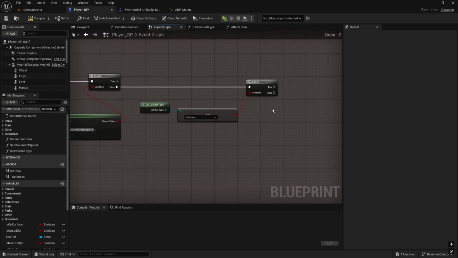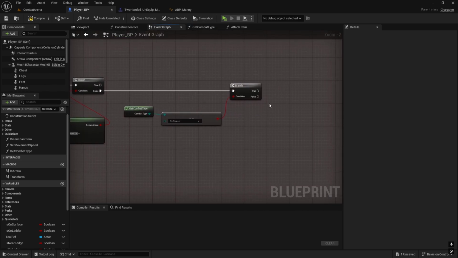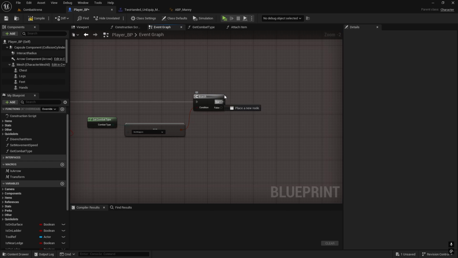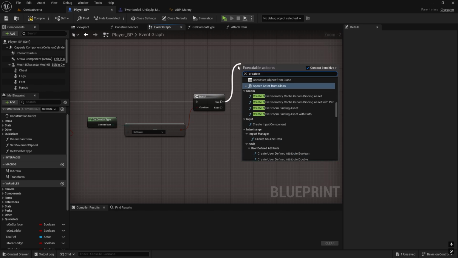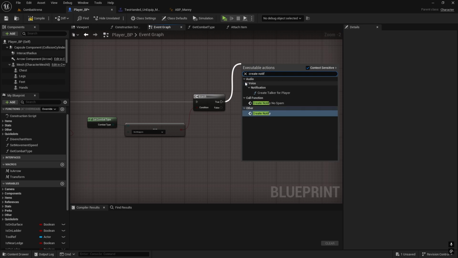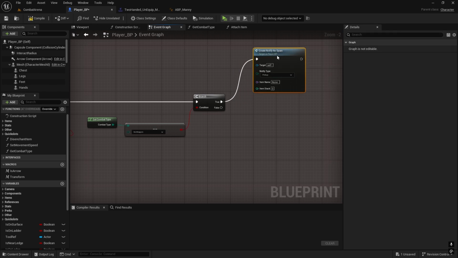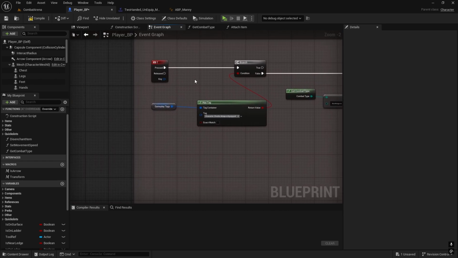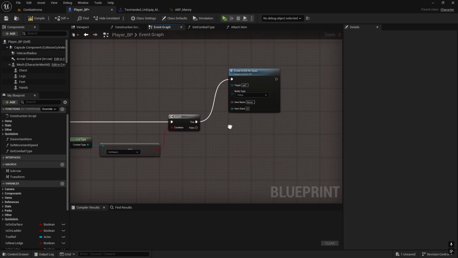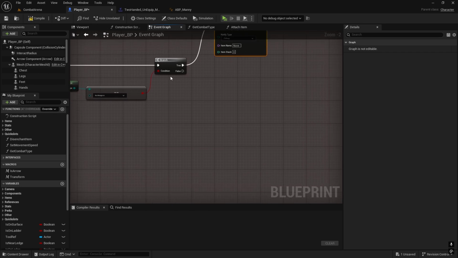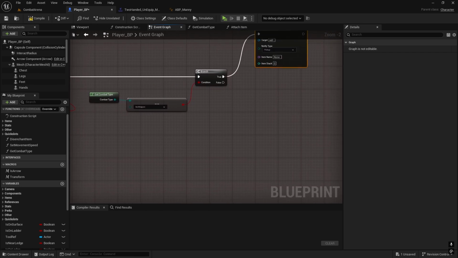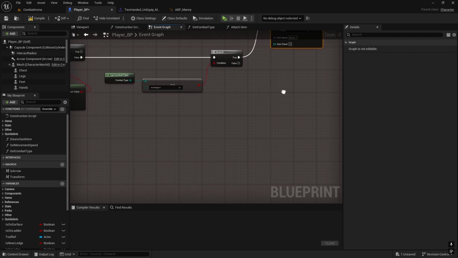Now back in event graph. So if we don't have weapon, that's true. I can just create notify for now, so I know where to change it later. So create our notify function. I'll do no spam, so we can't just keep clicking and then like pressing T and trying to equip weapon. When we don't have one, it will only create one. For now, I'm going to leave it as a pickup,